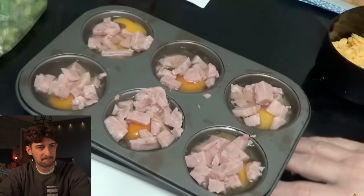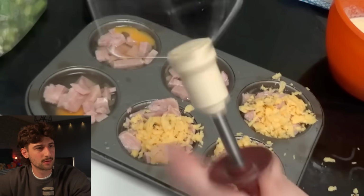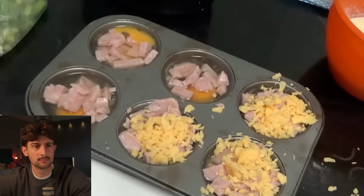Right, so it's ham and I don't think that's for me anymore. I don't want it anymore. I like the eggs, but I don't know about that ham, because something about that ham creeps me out, which is fine. I don't really like ham in general, to be honest. So what I'm going to do is use my beater from my mixer. First I'm going to put some...